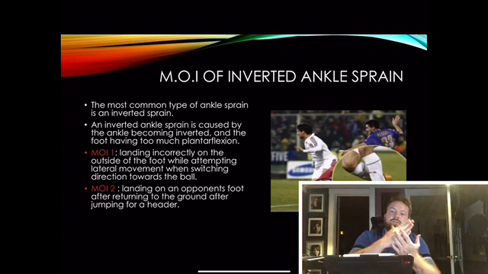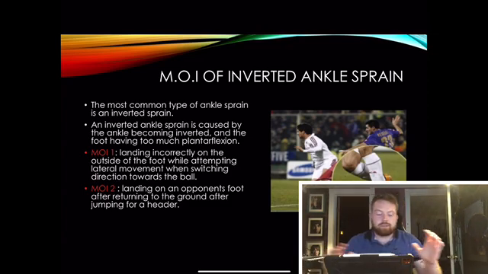You can also have just some internal rotation without plantar flexion, but those sprains tend to be a little bit less severe. So MOI 1, mechanism of injury 1, listed was landing incorrectly on the outside of the foot while attempting lateral movement when switching direction towards the ball. If a soccer player is trying to make a quick movement because the ball gets passed by a player they're defending, or they're trying to make an adjustment to reach a ball, it's pretty common. You can actually see in the picture here, the player, it looks like he wasn't even being contacted maybe, and he tried to make a move